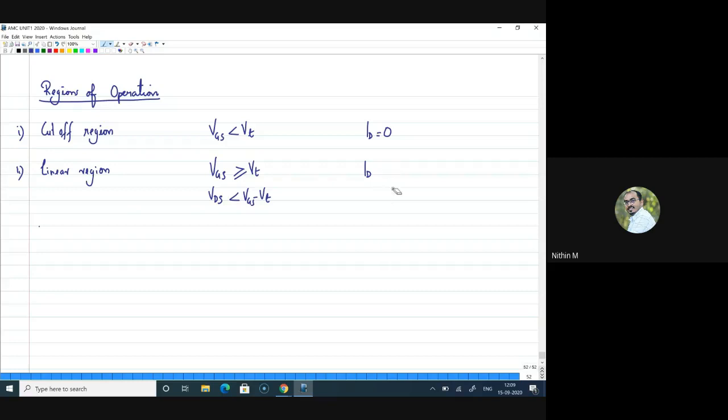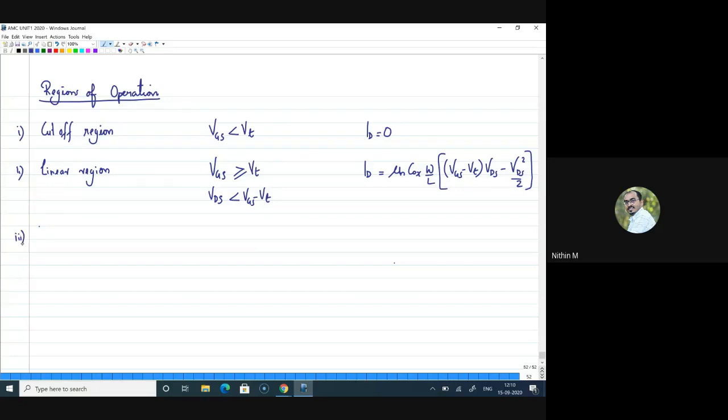Now, what is the linear region current equation? I will write the current equation. If this is the first time you are seeing it, don't worry, we will derive it later. So I will take the current equation as mu n Cox W by L into VGS minus VT into VDS minus VDS square by 2. Maybe you have seen this in a different form also, or you would have written all these things together as some k or kn or whatever it is, right? So here we will not write using those different notations. We will write the exact parameters we are considering. So this is the linear region.